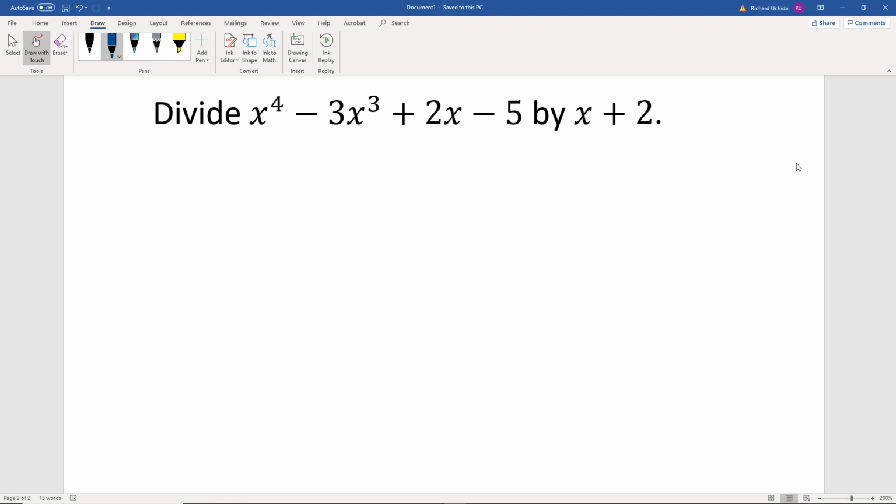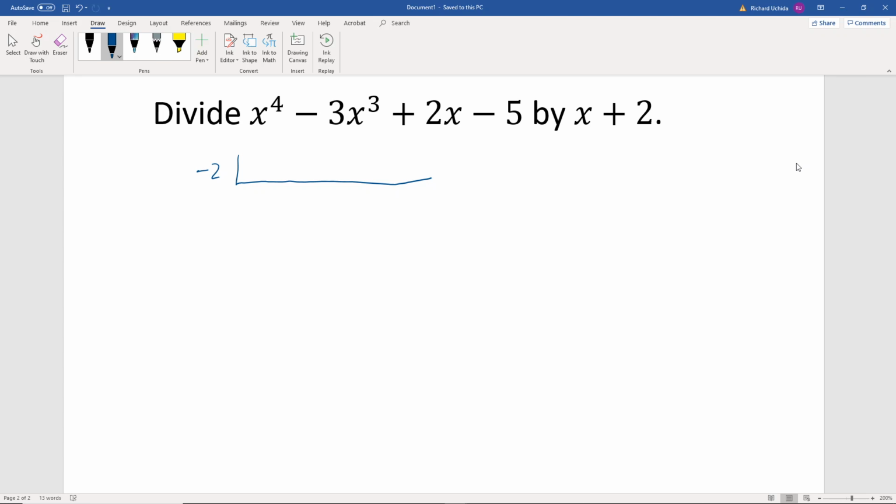If we're to divide x to the fourth minus 3x cubed plus 2x minus 5 by x plus 2. So remember, when you're doing synthetic division, you're saying, okay, if you divide by a binomial of the form x minus k, where k is a number, in this case our k would be negative 2. So we'd put our negative 2 on the outside. And then what would go inside the box would be the coefficients of the polynomial that you're dividing into, the